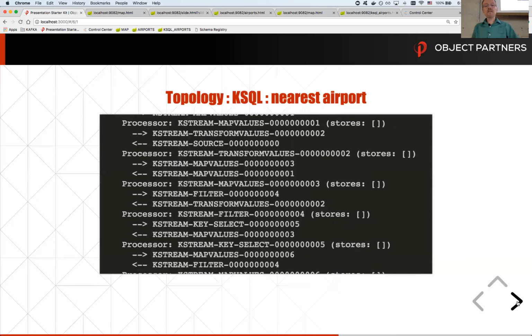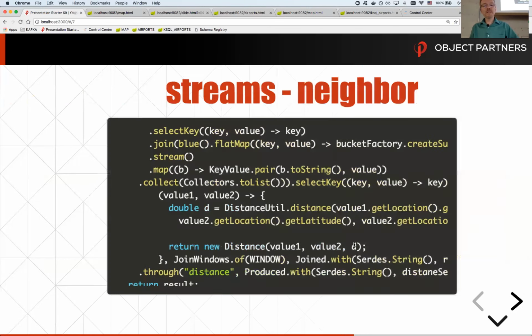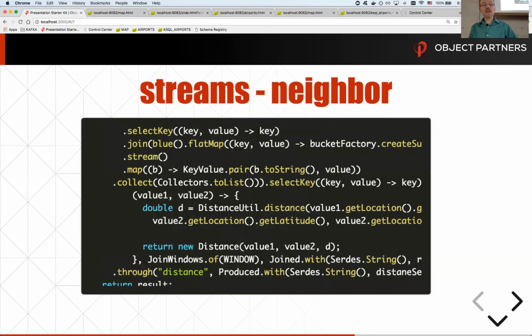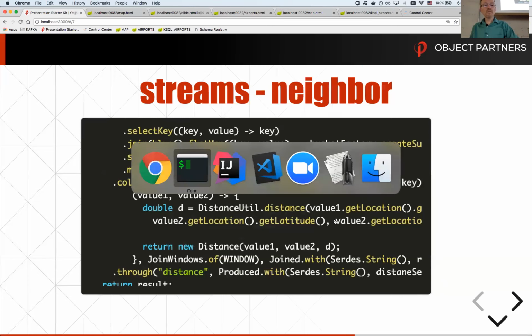So that's a little interesting, and I personally want to understand more of why and how the topology building between writing it in Java and writing in KSQL is different. I understand some of it, and I can showcase that a little bit with the next algorithm. The other algorithm, the one that was more interesting to me but harder to figure out in KSQL, was the nearest neighbor. How do I write code for that?